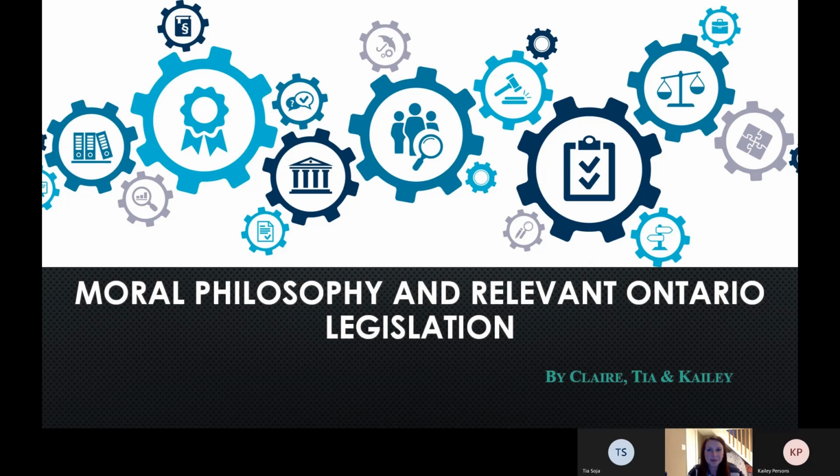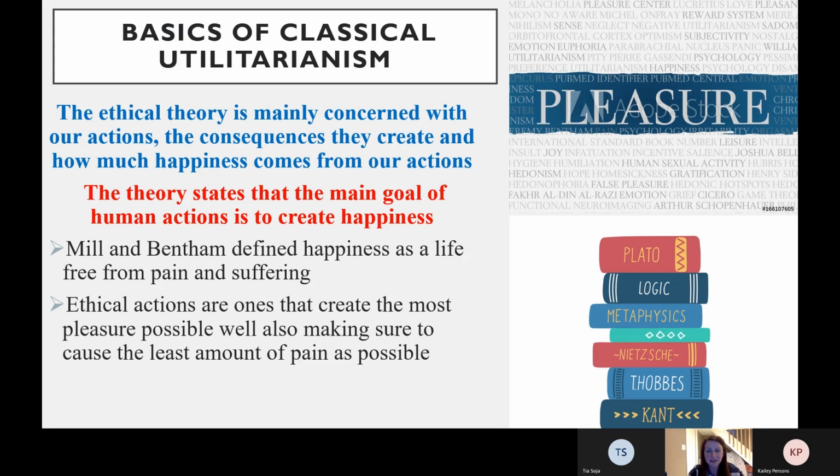In this section of our presentation, we will outline how the moral philosophy of classical utilitarianism relates to our role play, and then we will go on to discuss some Ontario legislation which is relevant to this scenario. To begin, the moral philosophy of classical utilitarianism defines the ultimate goal of human actions as creating the most happiness